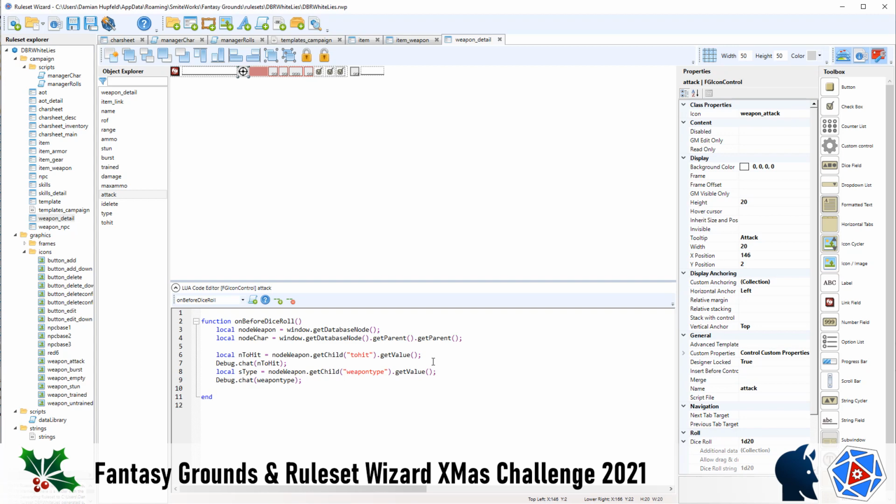Alright, we want to find out, okay, if S type is equal to, and equal to is 2 equals. If it's a single equal, it's trying to set it to a value. Equals equals is comparing it to a value. If S-type is equal to ranged, then